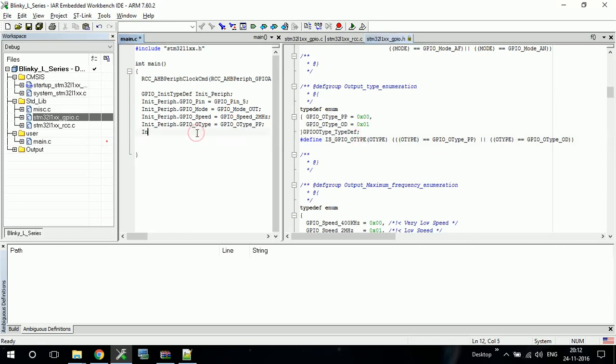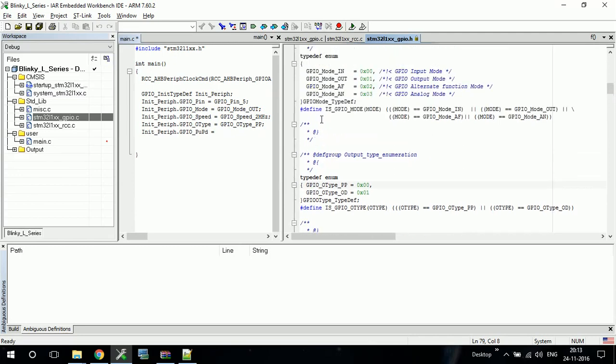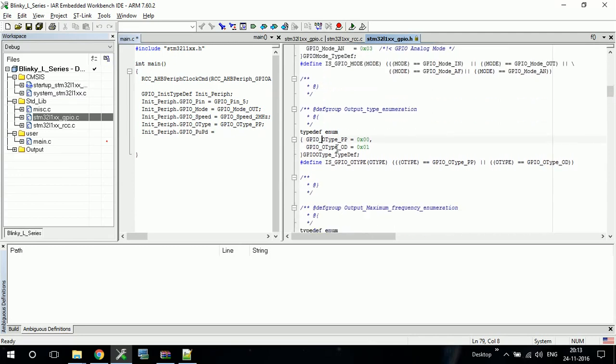Okay, so the last value is whether you are going to pull this pin up or pull this down, or you are going to use this as floating. By default there will be 2 resistors inside your microcontroller. It is available in Arduino also, but in Arduino you can only do one thing, I don't exactly remember, but there will be one resistor which can pull your output pin up or down. In this case you can do other things also, like you can pull it down also, or you can keep it floating also.